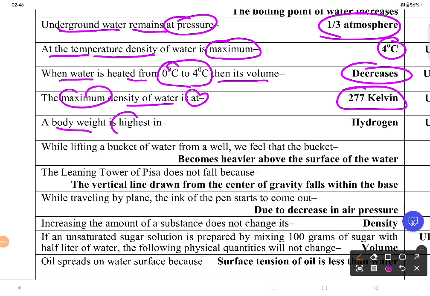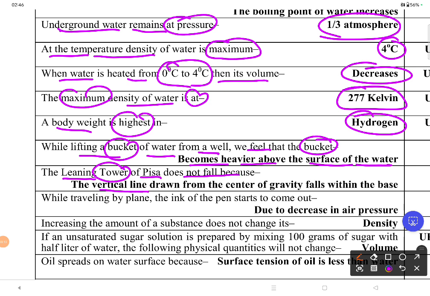A body weighs highest in hydrogen. While lifting a bucket of water from a well, we feel that the bucket becomes heavier above the surface of the water. The Leaning Tower of Pisa does not fall because the vertical line drawn from the center of gravity